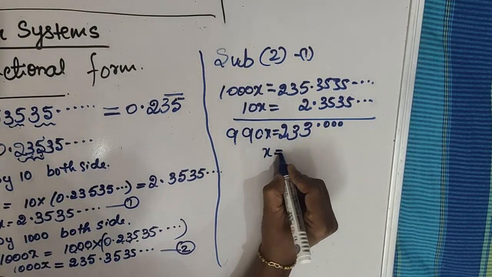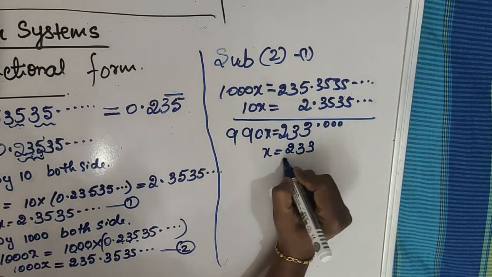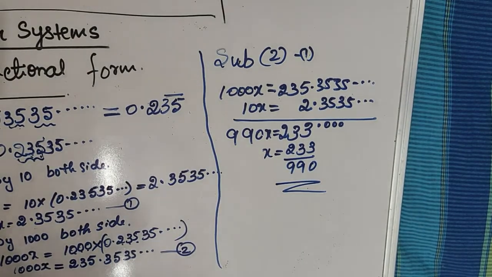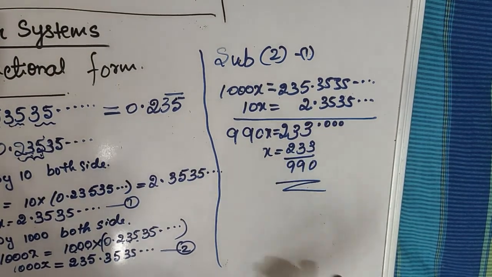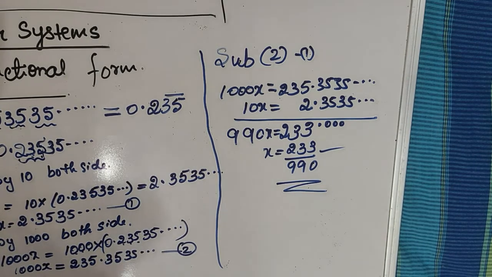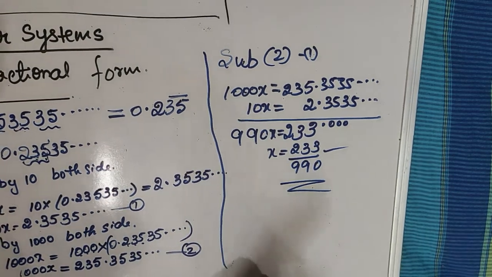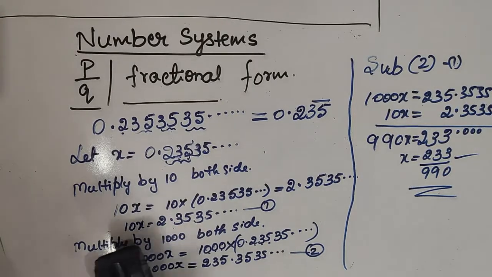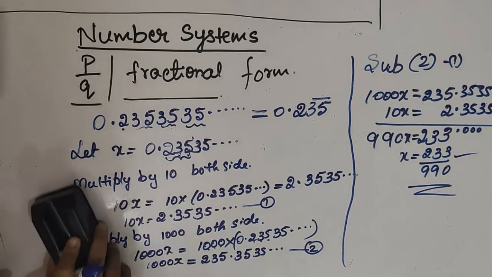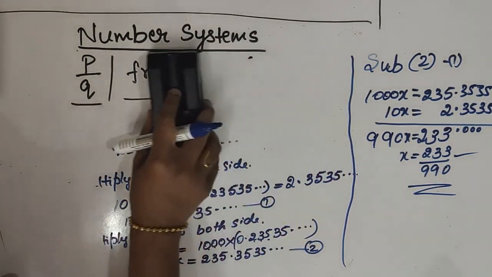Now x equal to 233 divided by 990 in fractional form. Understood? 233 by 990. This cannot simplify, so it is the final answer. Okay, I think you understood this one. Now next, this type of problems are over. If you have any doubt, you can ask, no problem. Now next,